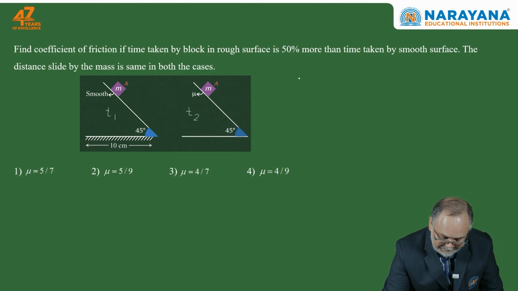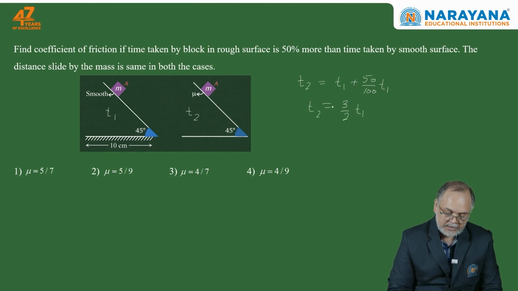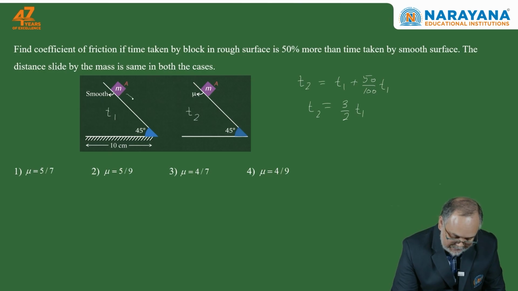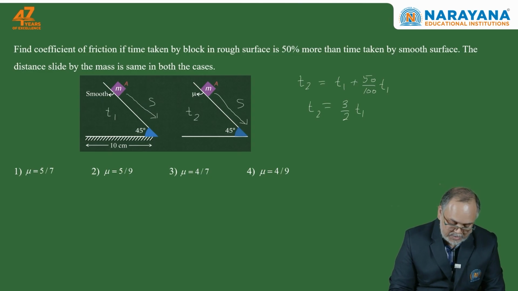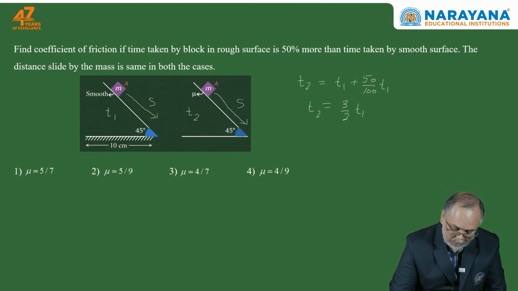So given that T2 is 50% more than T1, we can write T2 is equal to 3 by 2 T1. Now on both surfaces the block is traveling the same distance, for which we want to relate these two times. And here we can use the equation S is equal to